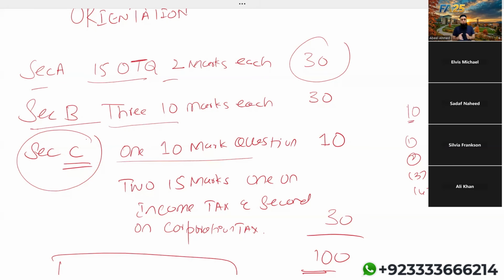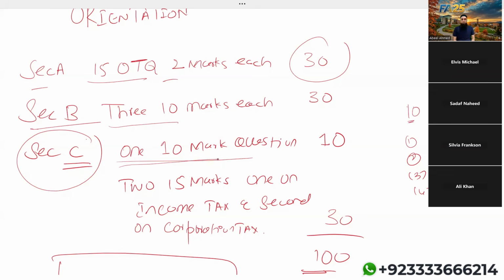Dividend income is the only source of income, I would say, which attracts the lowest income tax rates. So the question is, instead of me owning the property, if I own that property through a company, will it be beneficial for me or not? These sorts of questions you should expect in this 10 marks question.